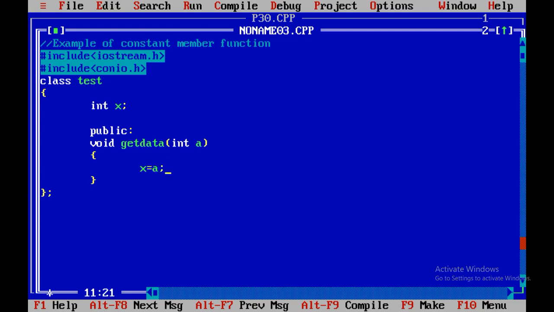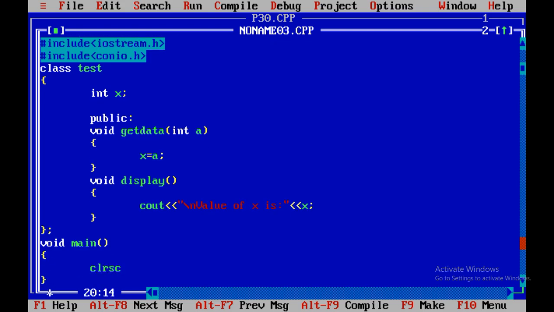x equals a. One more function we are going to take, that is void display, then cout, \n, value of x is, x. Now let us develop the structure of void main.